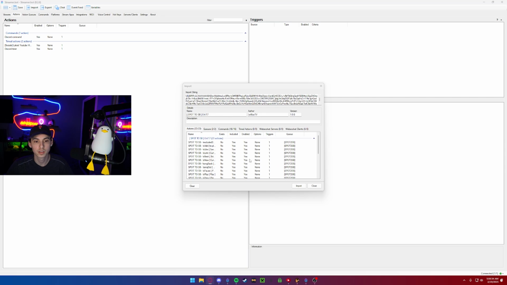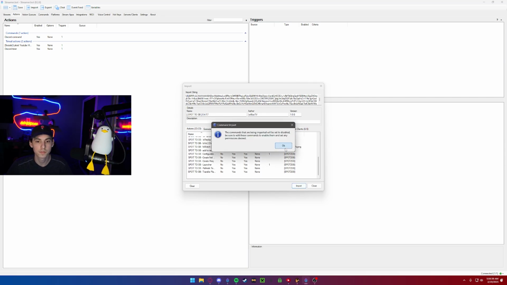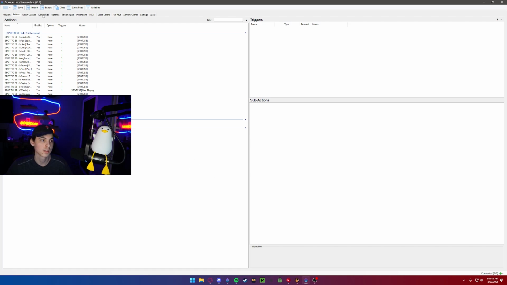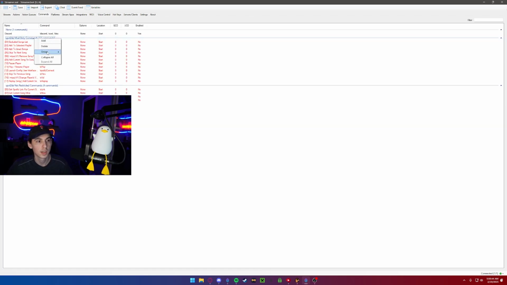This is gonna have a lot of different things for you now. So there's a lot of customizing that goes with this, but you're gonna want to go ahead and enable these. So you're gonna want to go over to your commands and right click on the group, go to group and enable all, and you'll do that again down here for the non-restricted commands. So with this, they automatically set up mod commands and non-restricted commands. So the mod commands, only mods are able to do. So if you want your mods to exclude certain songs from being song requested,